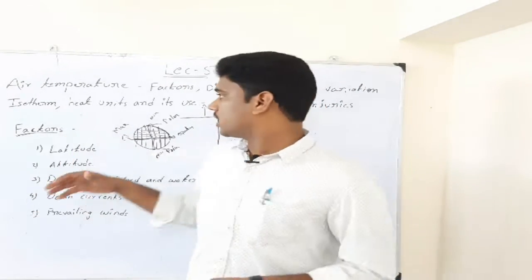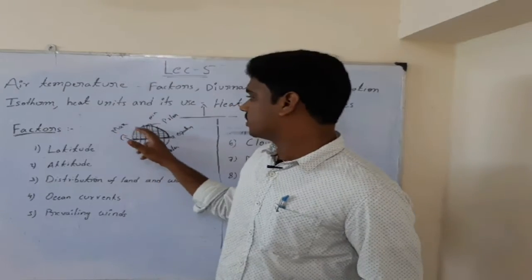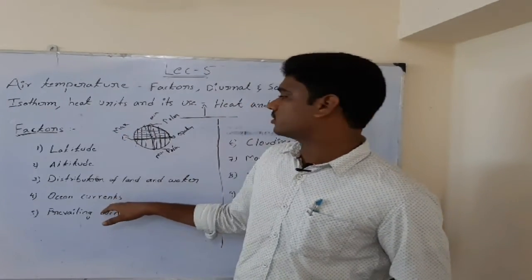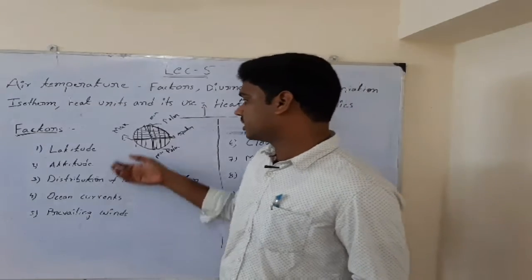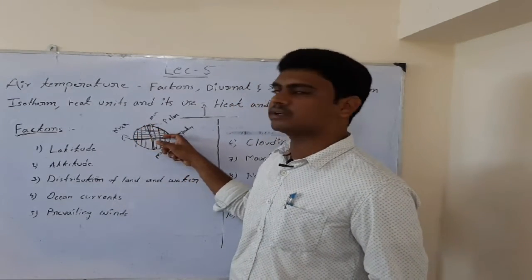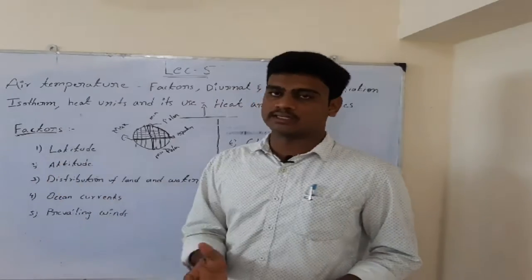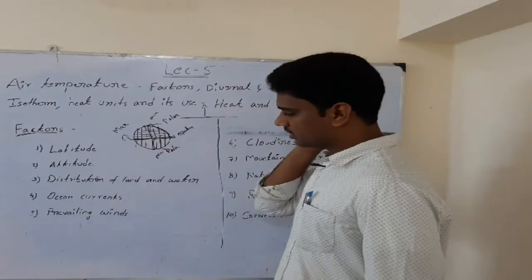So from the polar region to the equator, the oceans are the ones playing a major role in varying the temperature, because the low temperature from the polar regions can be carried to the equator region through ocean currents. So that is also one of the reasons how air temperature can be affected.